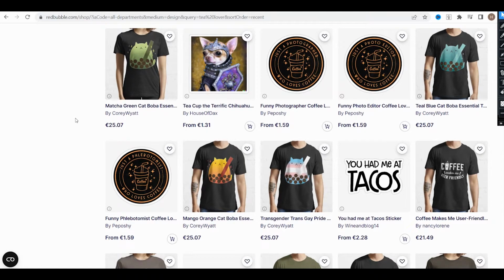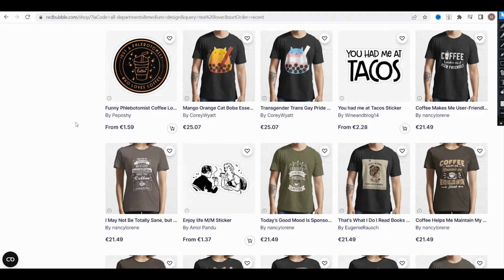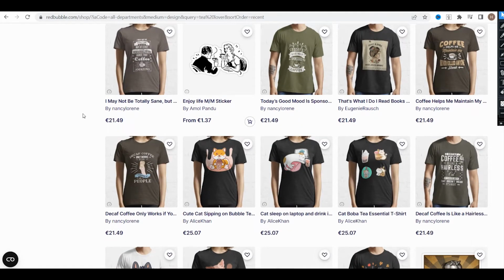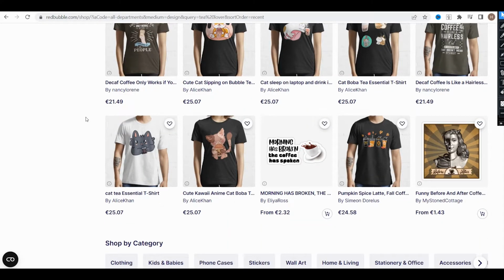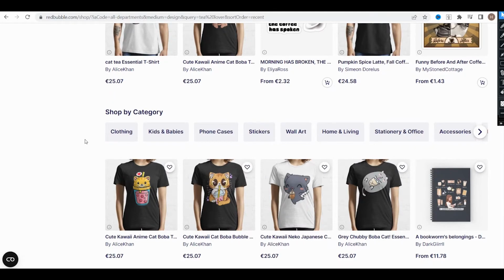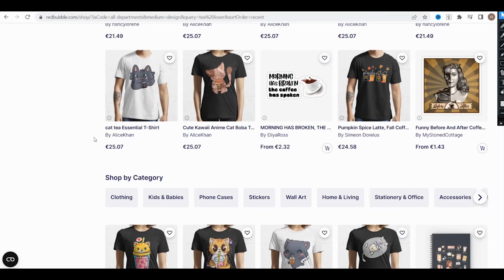For example, if you are making a kids design for a boy or a girl, and you are making it in a vintage style, or you, for example, want to illustrate something for a mechanic, and you make it with fancy and cute fonts and some pink colors, of course it will not get a lot of sales in most cases, and you shouldn't simply waste your time on it.